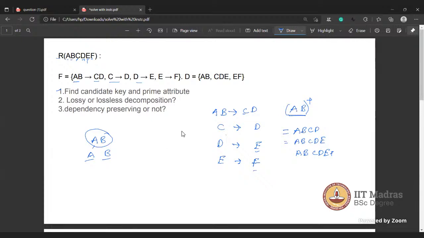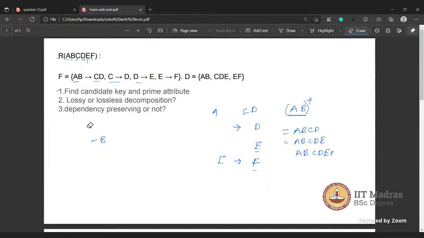So I hope everyone got it, how to find the candidate key and the prime attributes. So primary would be A or B or A and B? Prime attributes will be A and B. It's not together. A is also a prime attribute, B is also a prime attribute. Okay. And then we have to find